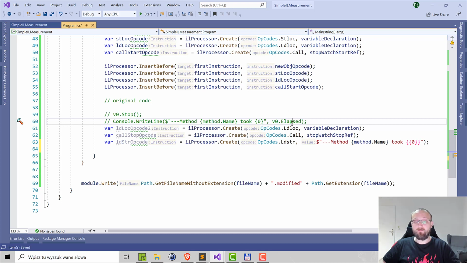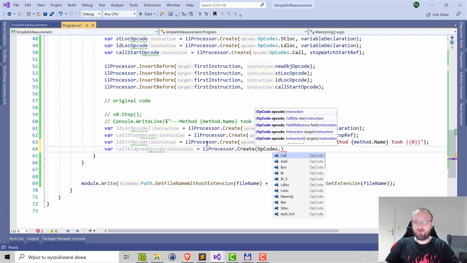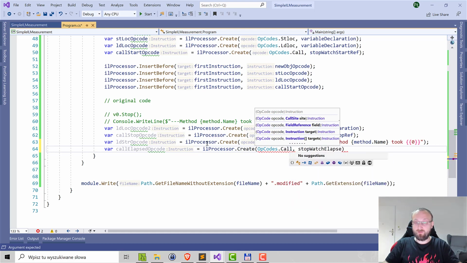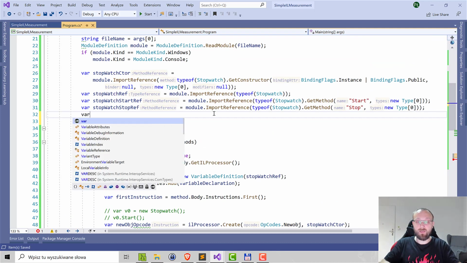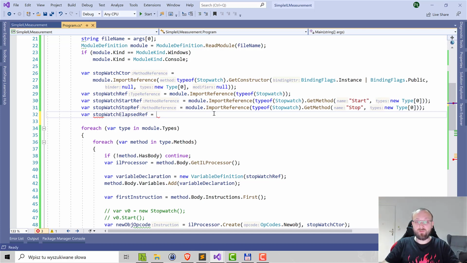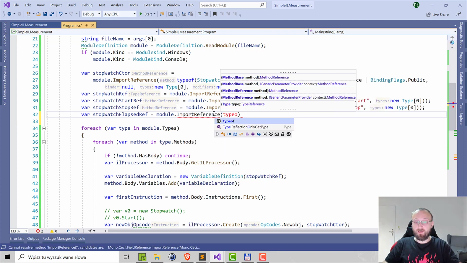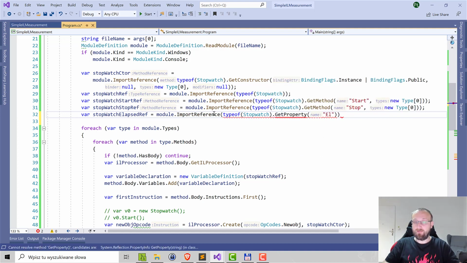So we'll just call it as we would call a normal method. So call elapsed opcode, and again ILProcessor.Create(OpCodes.Call), and here we will pass Stopwatch Elapsed reference, and we don't have that reference. So again, magic of ImportReference, Stopwatch Elapsed, and here it will be a bit different. So we use ImportReference, we use typeof(Stopwatch), and here we use GetProperty instead of GetMethod, and we pass Elapsed,